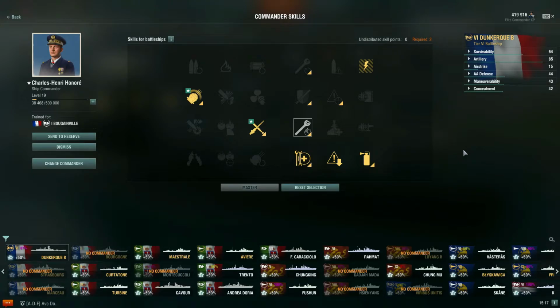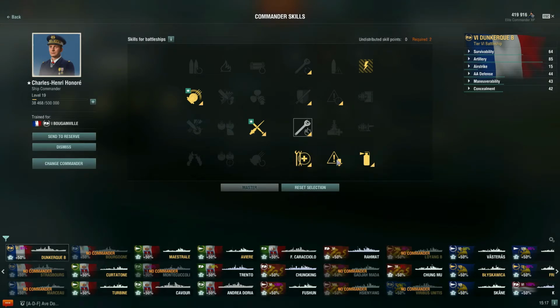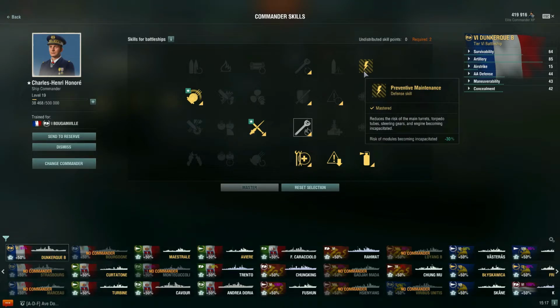If your ship's not specialized in a certain direction, so let's say something more like the secondary, brawling type battleships, but here we are going for increasing a lot of defensive skills, is what you're seeing right here when we're looking over them, where we only have this as an attack skill, and they have this as an attack skill, and then this should be a defense skill. So really leaning more towards increasing the defensive skills of your commander on the Dunkerque,